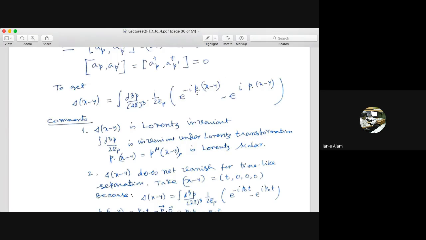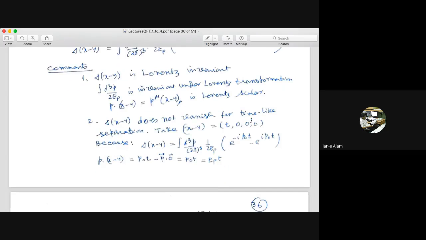So this quantity is Lorentz invariant. And anyway, this p dot (x minus y) is a Lorentz scalar, because it is the product of the 4-vector p and the space-time 4-vector x minus y. So this is a Lorentz invariant quantity. Okay. Now